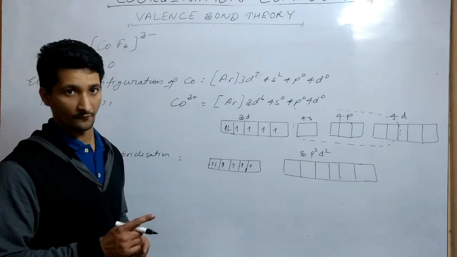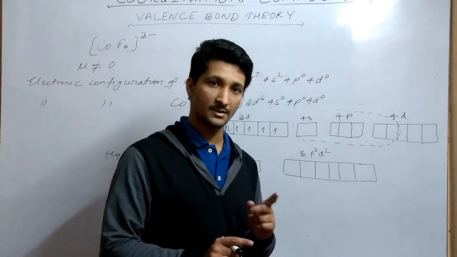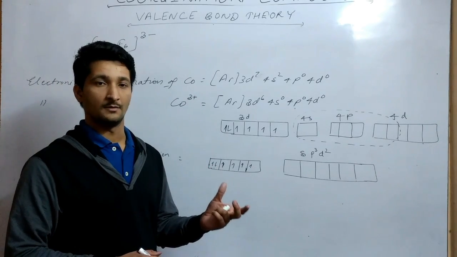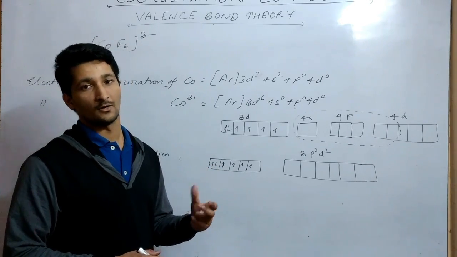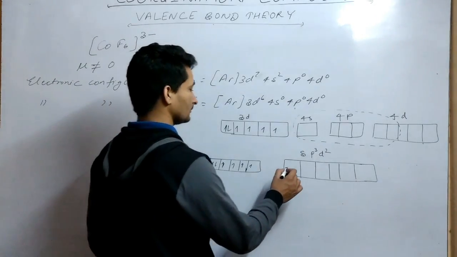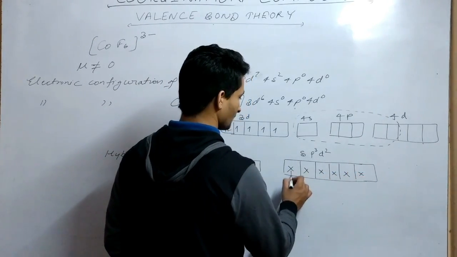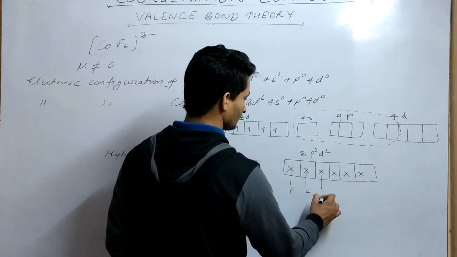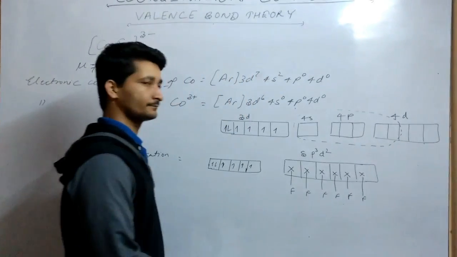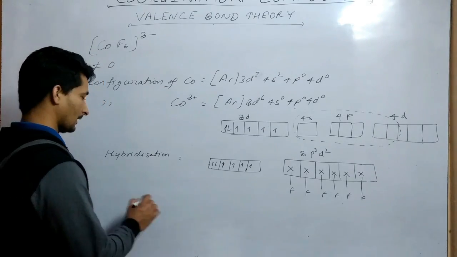because remember one thing, the ligand here comes as F minus and it forms coordinate bond, and in order to form a coordinate bond, two electrons must be donated by the same atom, and in that case there should be a completely empty orbital, because in an orbital there can exist only two electrons. Okay, so here hybridization is now F, F, F, F, F, F. So hybridization is sp3d2, and its shape again